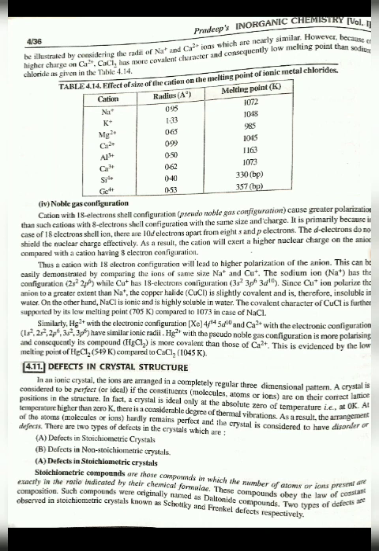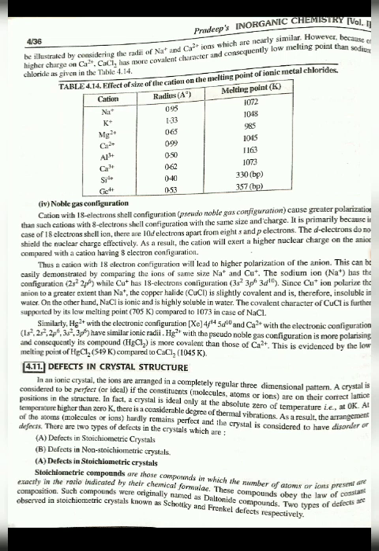This can be easily demonstrated by comparing the ions of same size, Na+ and Cu+. The sodium ion Na+ has the configuration 2s2 2p6, while Cu+ has the 18 electron configuration 3s2 3p6 3d10. Since Cu+ ion polarizes the anion to a greater extent than Na+, the copper halide CuCl is slightly covalent and is therefore insoluble in water. On the other hand, NaCl is ionic and is highly soluble in water. The covalent character of CuCl is further supported by its low melting point, 705 Kelvin, compared to 1073 in case